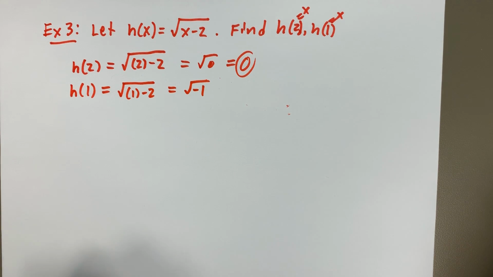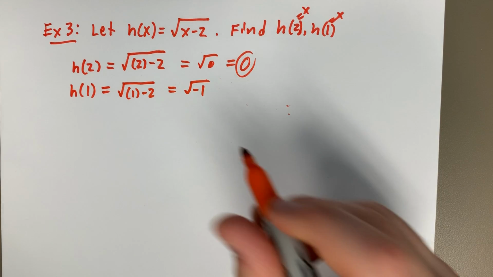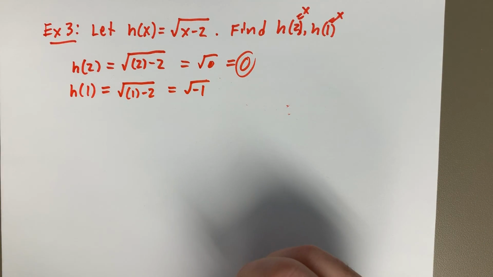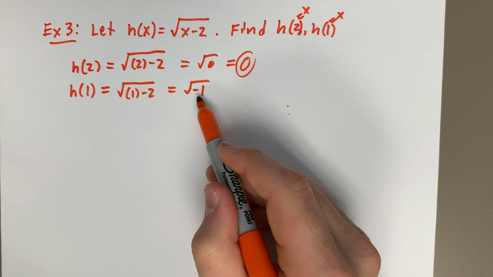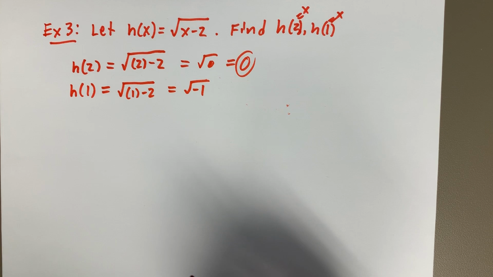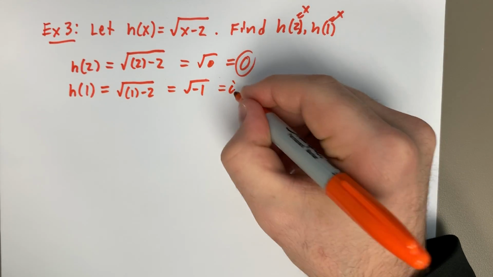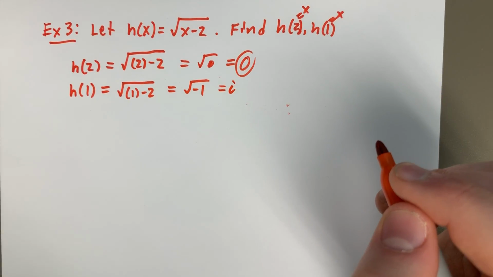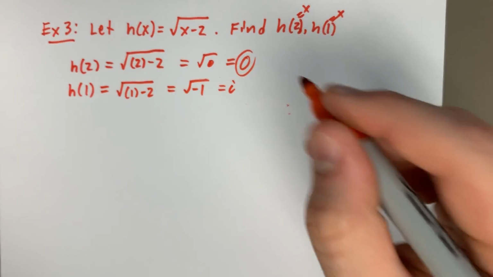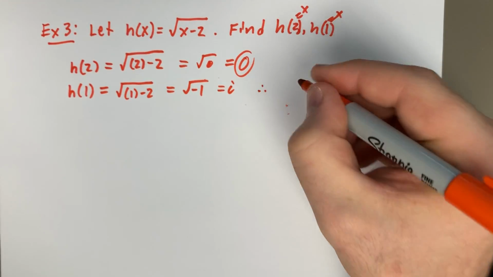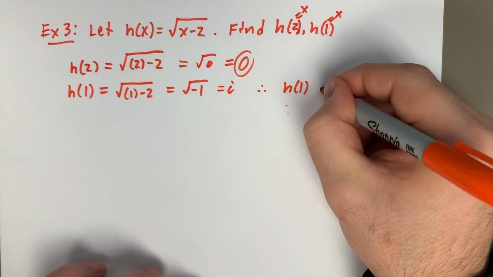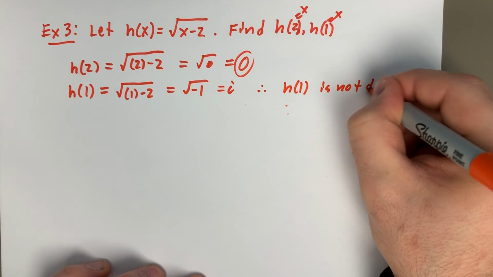Uh-oh. What are we going to do about that? Can't have square roots of negatives. So is this going to produce a real valued output? In this case, the answer is no, because square root of minus 1 is what we would call i, if you remember that back from high school, or maybe college algebra. So since this is equal to i, that's not a real number. We're looking at functions to and from real numbers. So I'd say, therefore, h of 1 is not defined